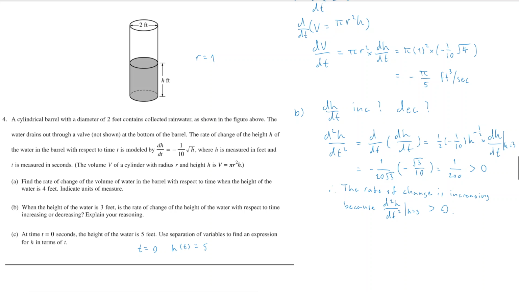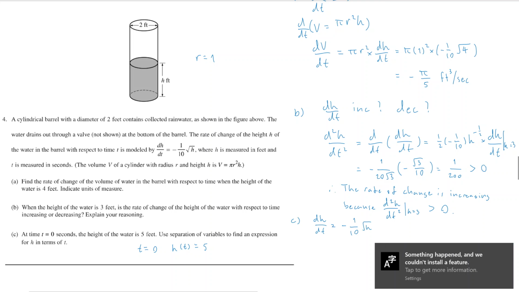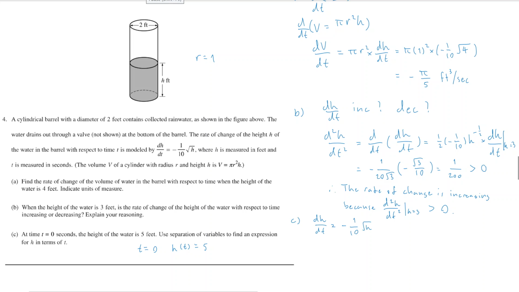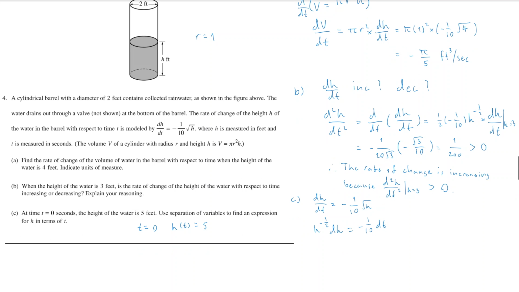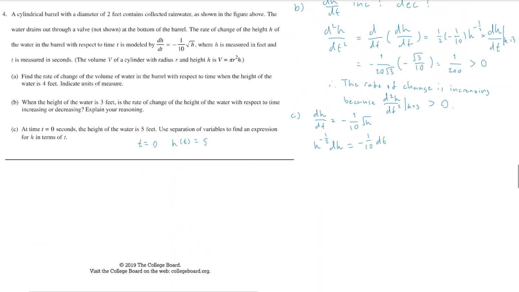So first write down the equation dh/dt. Then we can separate the variables on either side. So one side would be dh, the other would be dt. And we can integrate both sides